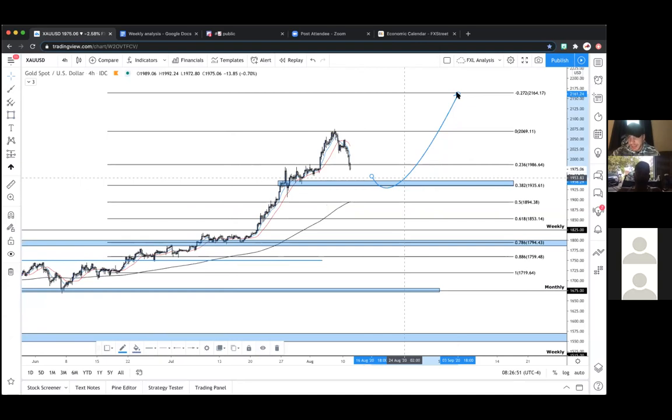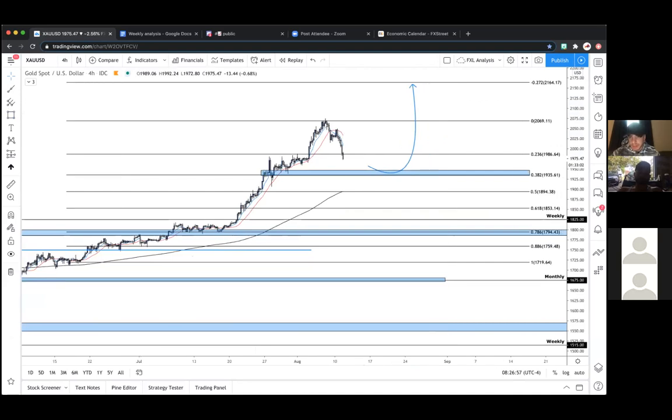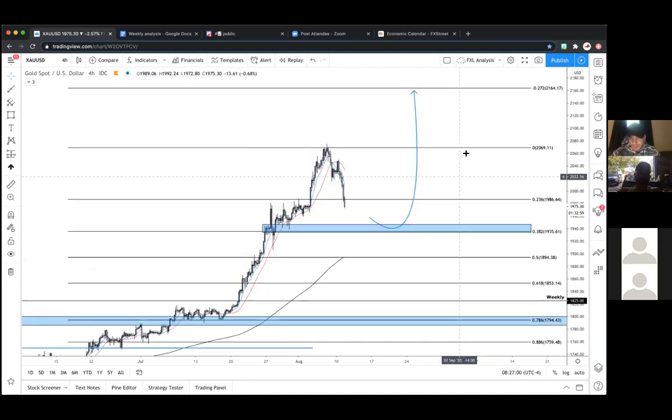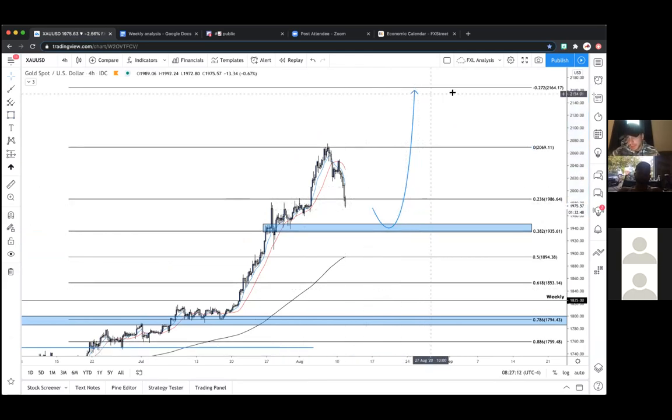Ideally, it would be perfect to see price action drop down to 38.2, consolidate for a while, give these MAs a chance to catch up, and then give us a nice transition. So a break of those MAs, nice little retest of the MAs, tons of bullish setups. That would be enough to enter on. And then we would target a new high around 2165, basically the negative 27 fib level.